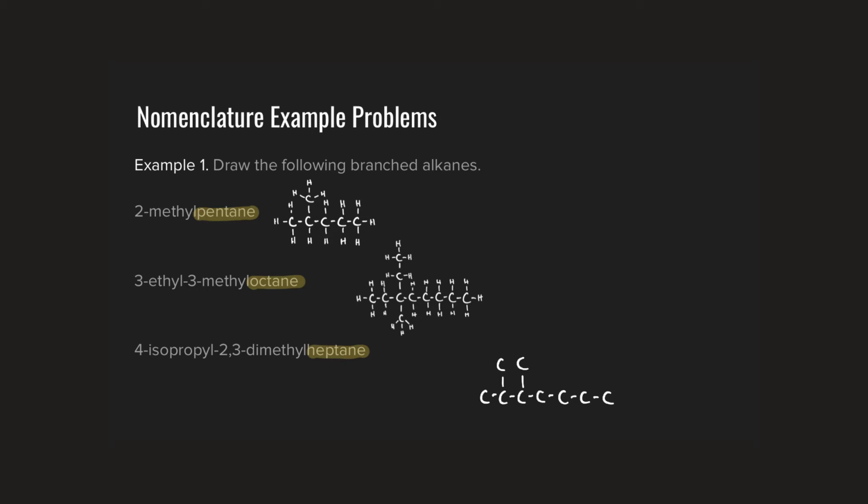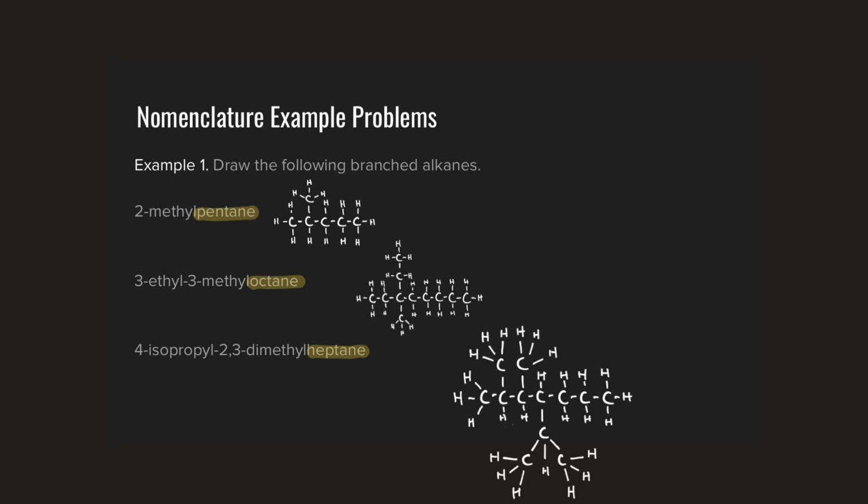And then on carbon number 4, I've got the isopropyl group. Again, remember propane is a 3-carbon chain, which means a propyl group is a 3-carbon side chain. And that prefix iso there means that my side chain branch is actually coming off of the central carbon of that 3-carbon chain. So on carbon number 4, I've got that isopropyl group present right there. And then I can go through and saturate the remainder of my carbons present right here. So I've got 4-isopropyl,